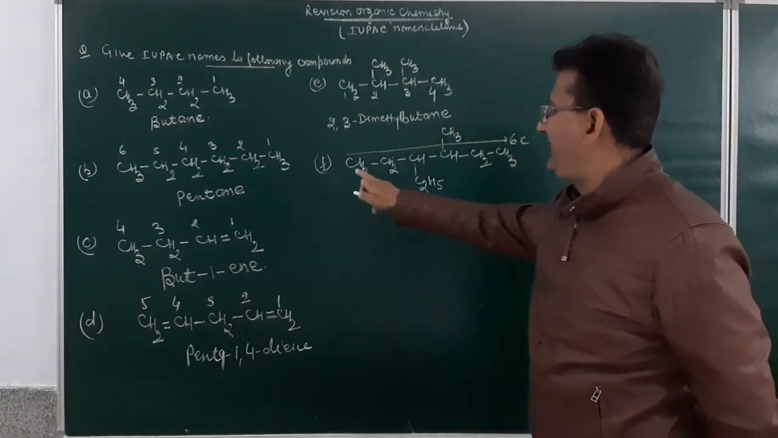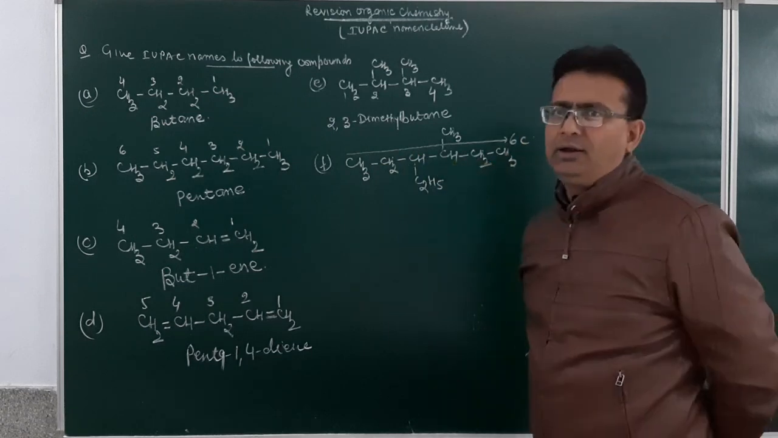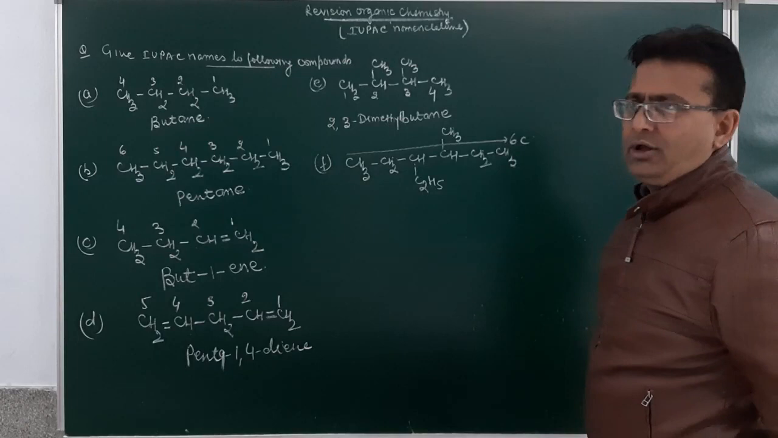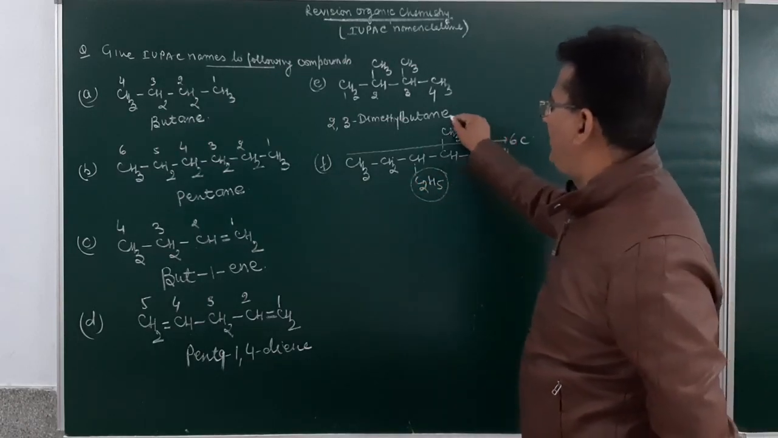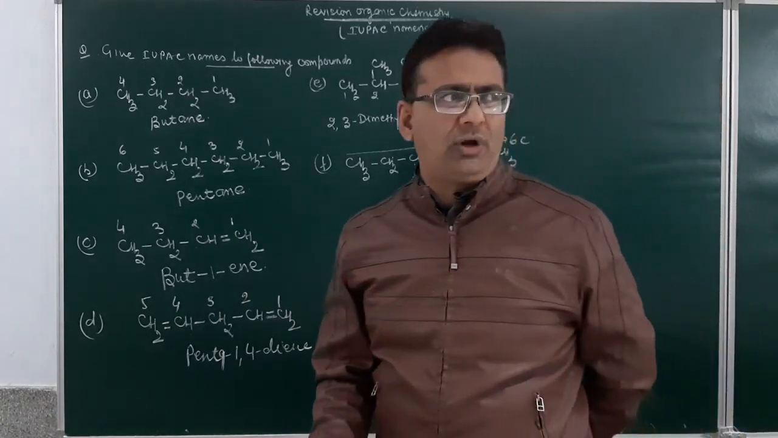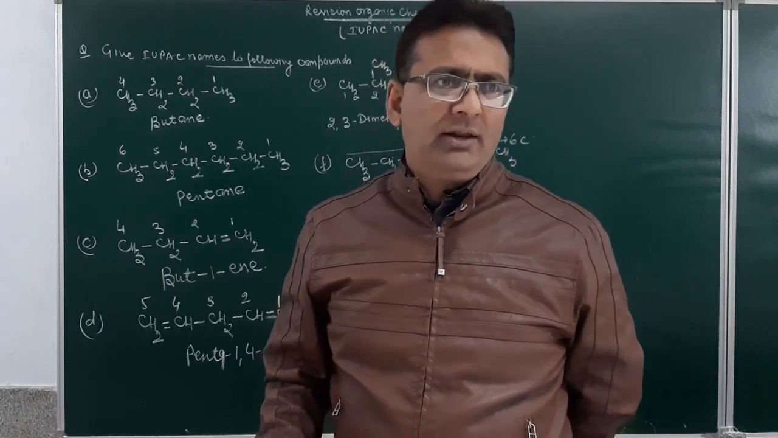If I number from this side 1, 2, 3. If I number from this side 1, 2, 3. Both are getting the number 3 position from either side. But here, this is which group? Ethyl. This is which group? Methyl. So if the different alkyl substituents get the same locant number from either side, then the numbering must